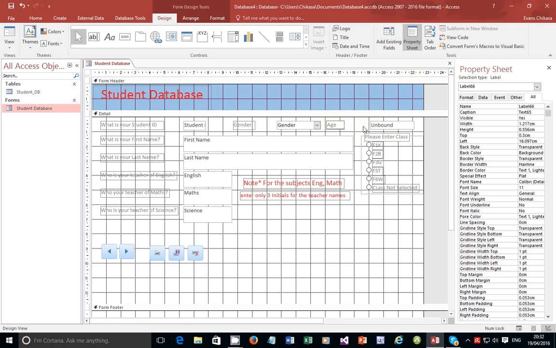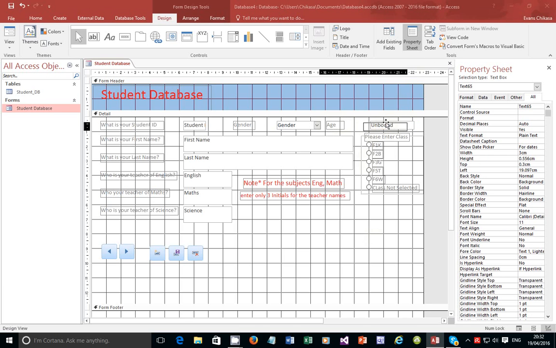Okay, and then what I also want to do is push this to this side, so that I push unbound close to age. There's so much gap between unbound and age, so just push this one this side. Okay, but the other thing that I've not done